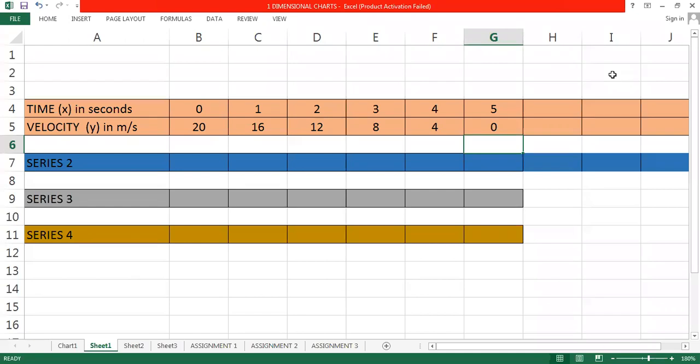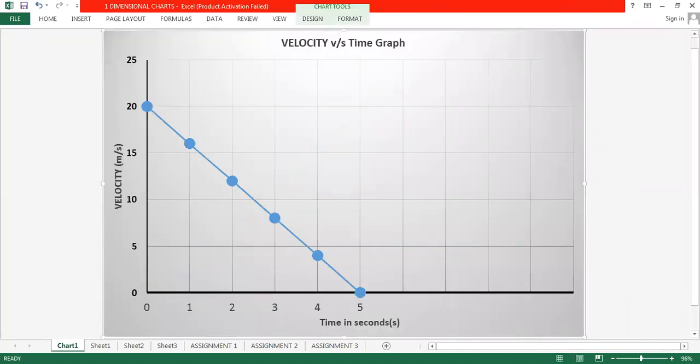Clear? So chalo, quickly plot the points. 0, 20, 1, 16. So on x-axis take 0, 1, 2, 3, 4, 5. On y-axis take 2, 4, 6, 8. In that way you can take it and then plot these coordinates. Yes, beta, very good. After 5 seconds, the object comes to rest because the object is retarding. So when the object retards, its velocity will decrease and gradually a time will come where its velocity will become 0. So after 5 seconds, the object comes to rest. Very good. Chalo, let's plot the coordinates. Isn't your graph looking like this?